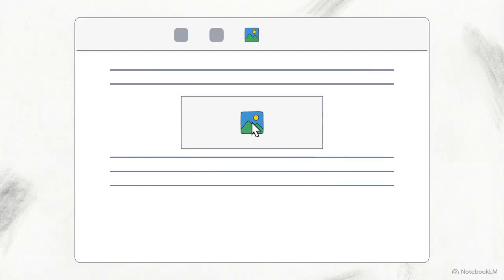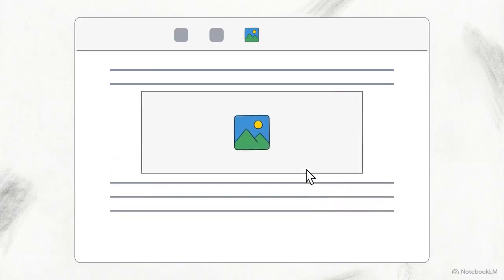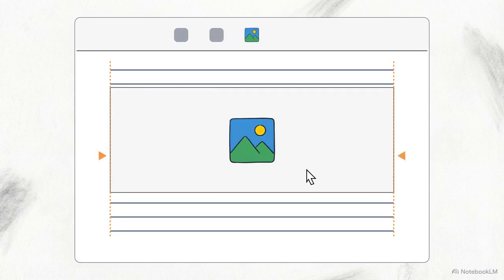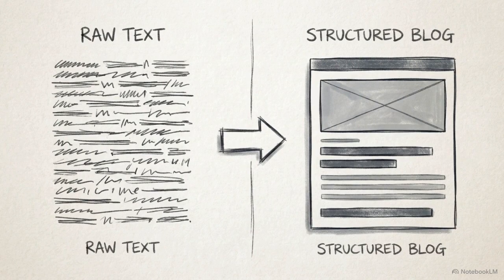Images often default to a medium size upon upload. Click the image and select Extra Large. Notice how this action scales the visual to perfectly align with your text margins. Setting up a clear typographic hierarchy and properly scaling your media organizes a raw text file into a highly readable